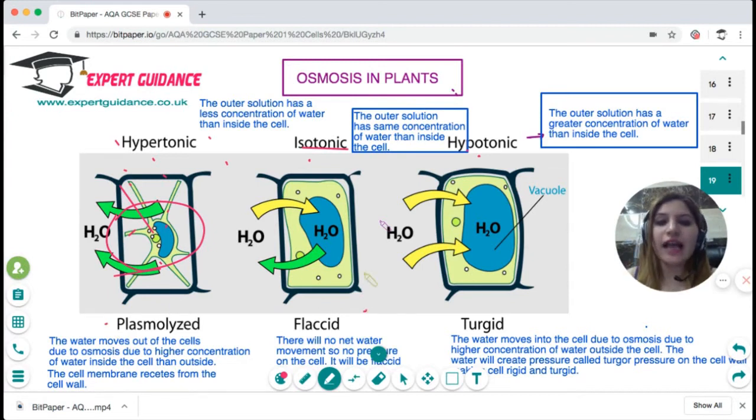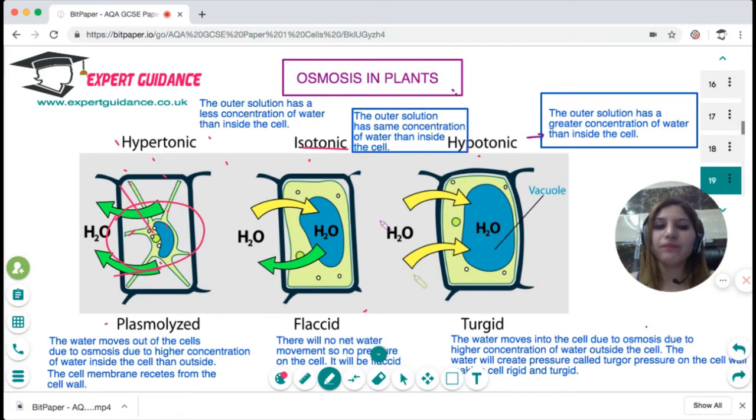On the other hand, when you place it in a hypotonic solution, that is more concentration of water, the water will move into the plant cell by osmosis. Then the plant cell will increase in size and become swollen. As it becomes swollen, it will give a pressure to the cell wall and the cell membrane. That pressure is known as turgid pressure or turgor pressure, and that makes the plant cell